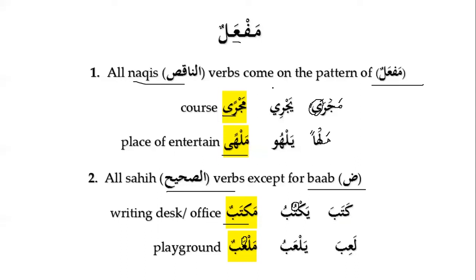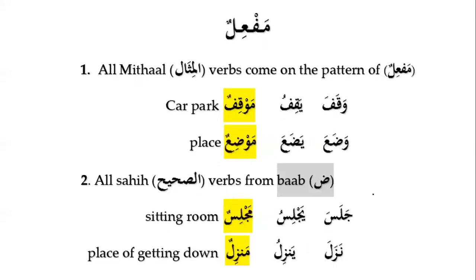Now it is also confirmed that most of the words in the Arabic language that start with meme are nouns. Most of them, not all of them, but the majority of the words that start with meme in Arabic are nouns. So for maf'alun, we have only two patterns. Number one, al-af'al al-naqisa, and number two, all the sahih verbs except for bab daraba yadribu.